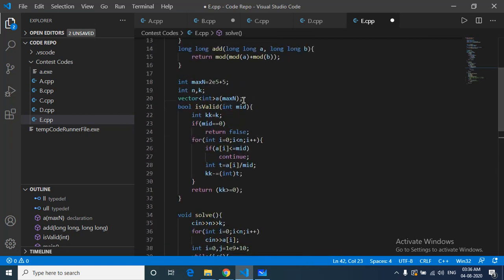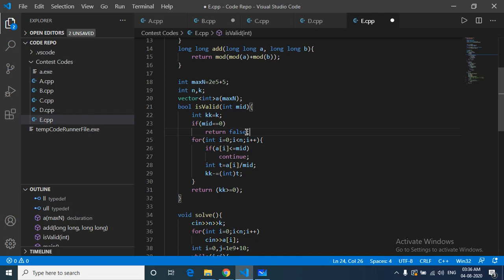And what is this isValid function? isValid takes the value of mid. Then you will make a variable kk equal to k. Then you will check that if mid is equal to 0, then the answer is just false, because if the mid value is 0, you cannot cut it, as you cannot make a length equal to 0. This condition is false because we are assuming that mid is the maximum value we can get after all the cuttings.